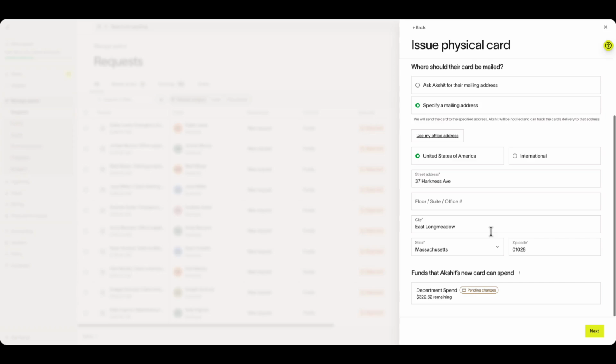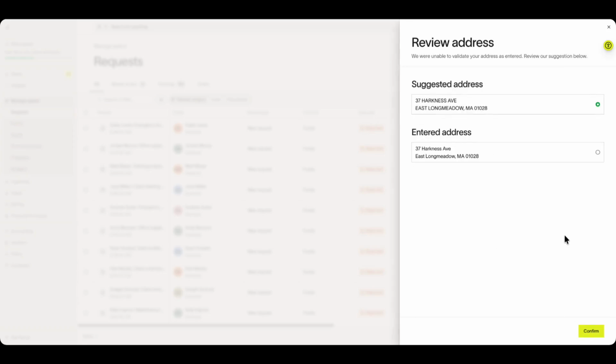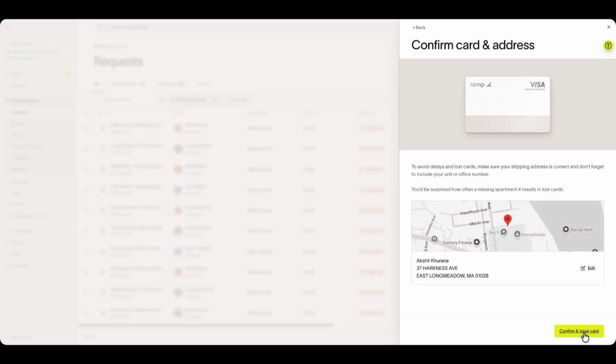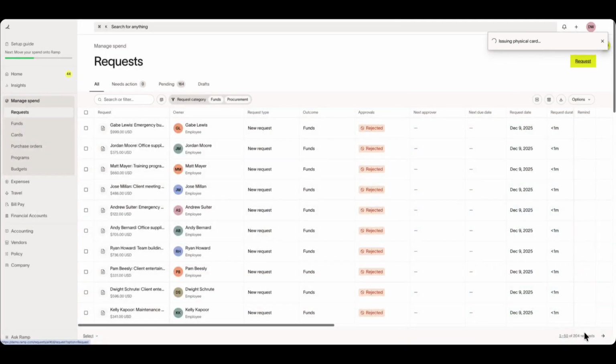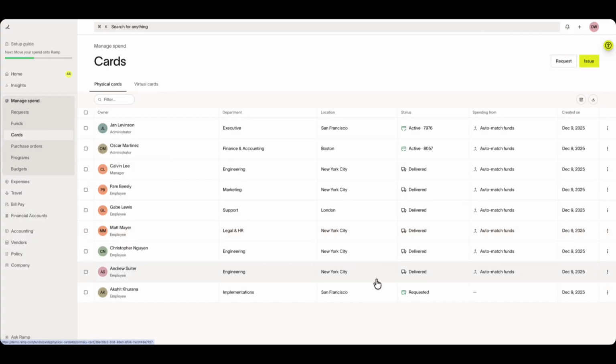Then you'll review the confirmation summary, verify the address, and then click Confirm and Issue Card. Once the card has been issued, it'll show in your Request tab as well as your Cards tab here, and